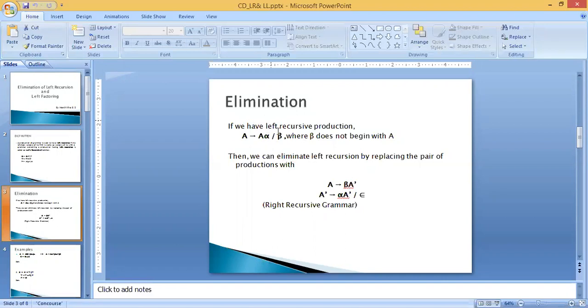So remember, you have two parts: one with the left recursion and the other without left recursion. When you write down the solution, you should first consider the non-left recursive side, that is beta, followed by the introduction of a new non-terminal. Then for that new non-terminal, you define it to always begin with alpha, again followed by that new non-terminal, or epsilon.